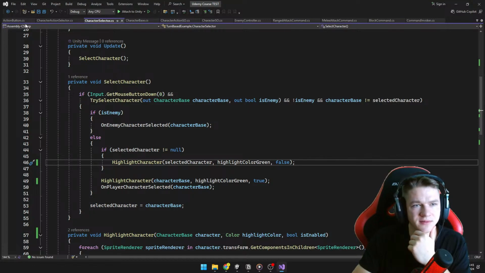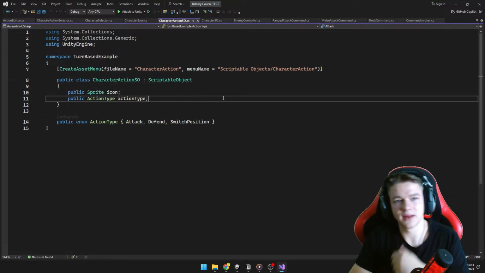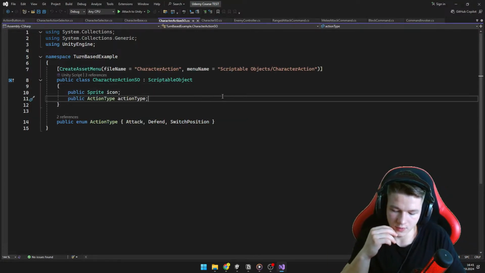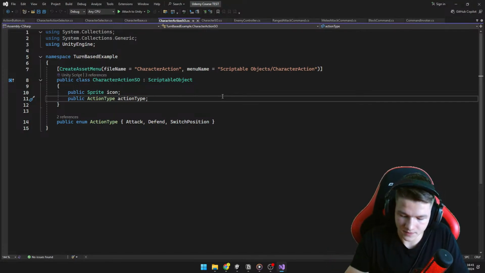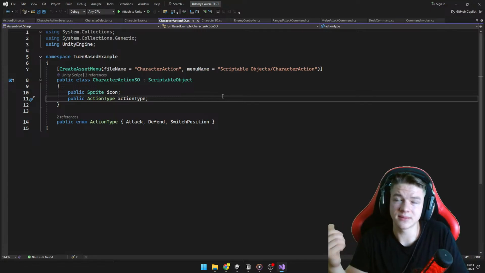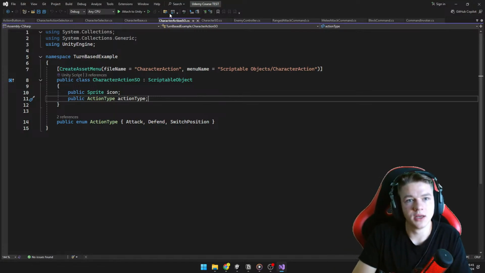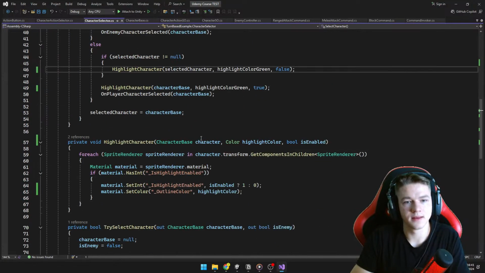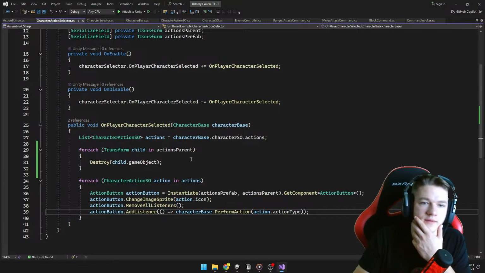Yes, I guess that for the scriptable object we are going to add a boolean. Maybe it could be an enum, because right now, for some actions, we want to select the enemy. In some cases, we want to select some player character. And in some cases, we don't really want to select anything. So if we make the enum for it, then in the action selector, when we